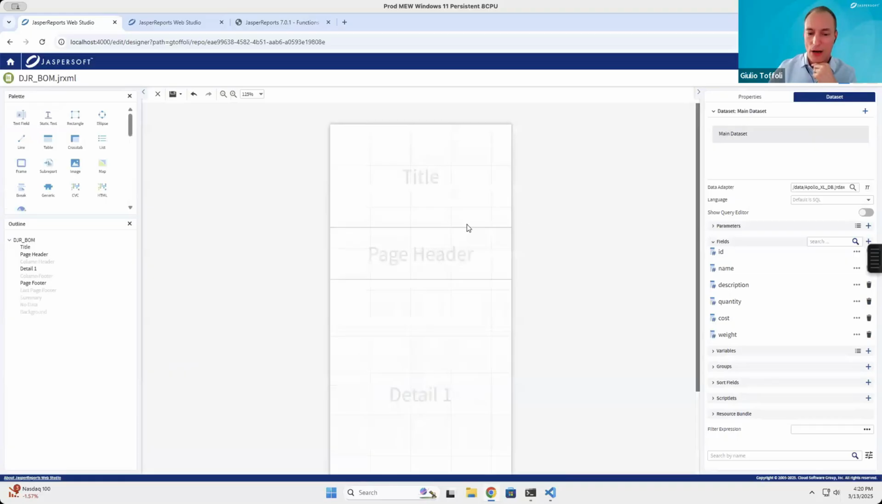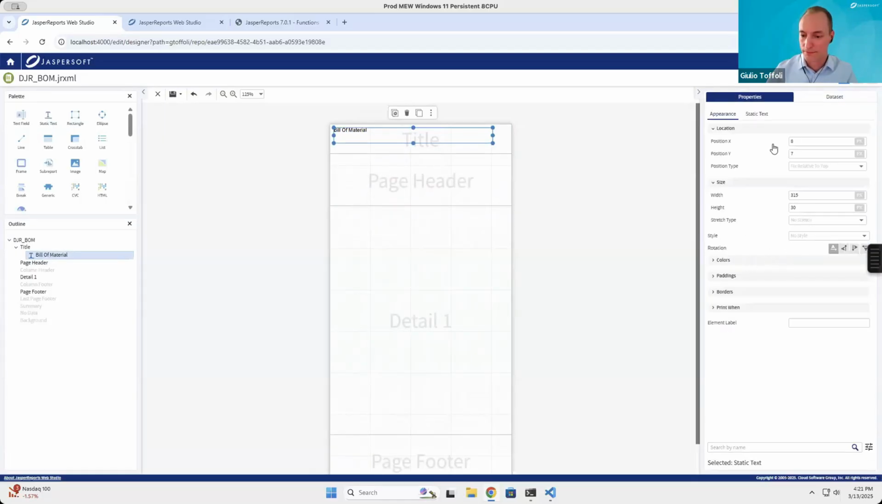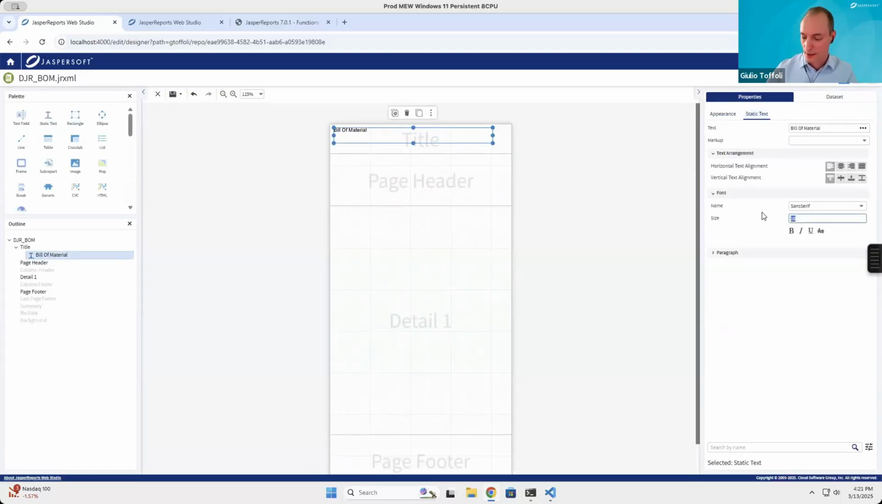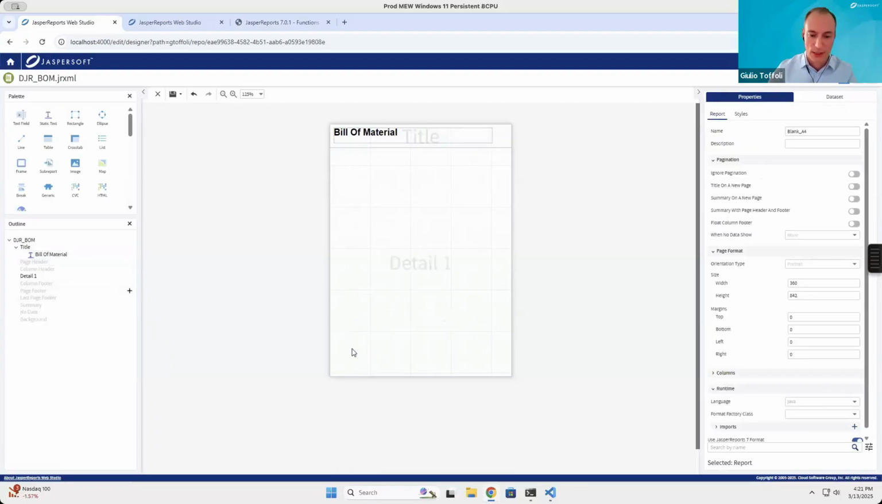Close this, and now I can organize my report pretty much how I want. So I can put a title here, something like bill of materials, right? Bill of material. And I will use a bigger font here. So static text, I will use 80 pixels, maybe bold. All right, and now I have the freedom to decide. We don't need a page header, we don't need a page footer,